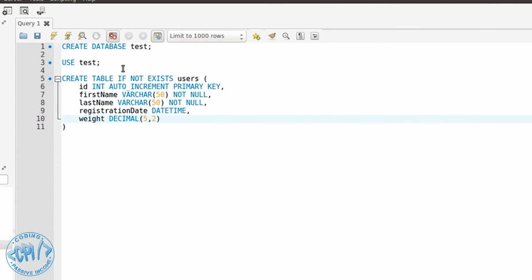Now we have integer, we have VARCHAR, we have datetime, and we have decimal. So pretty much those are all the basic data types that we need to know. And let's say we will add one more, which is biography, and let's say it is the text type. So those are the most usual that you will use. And now